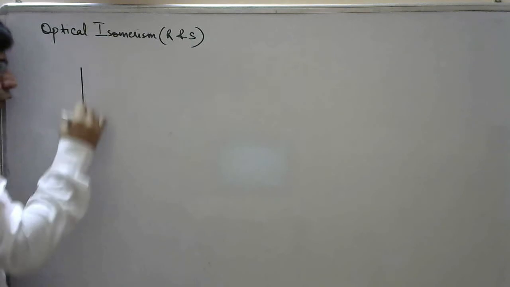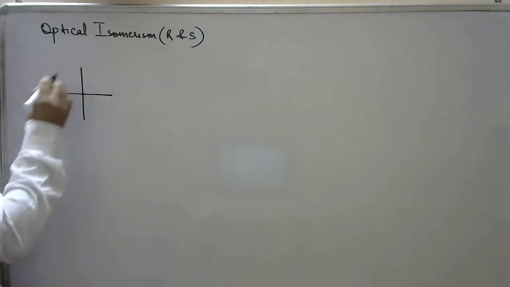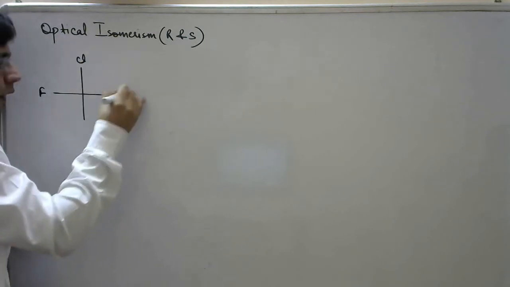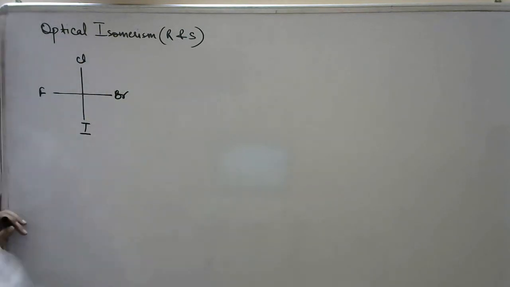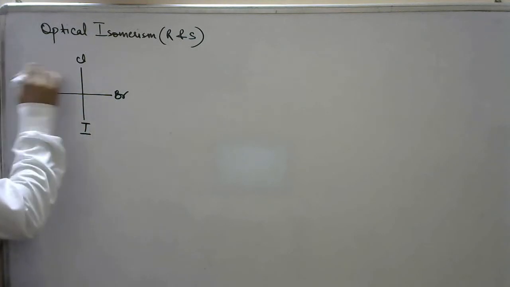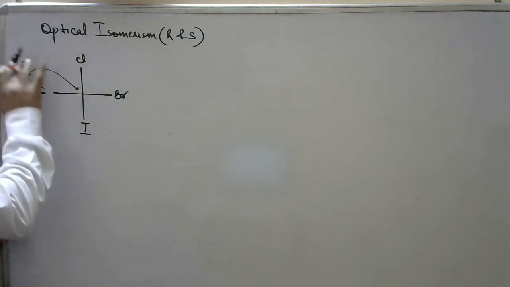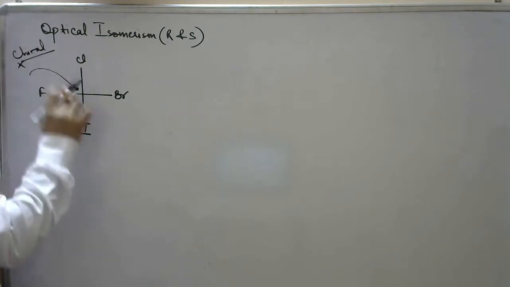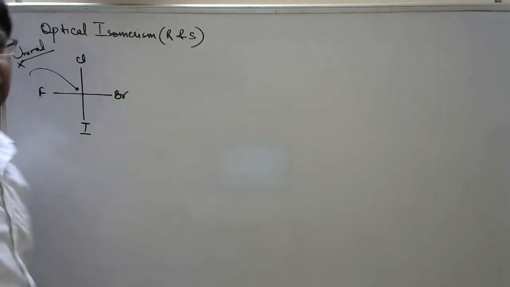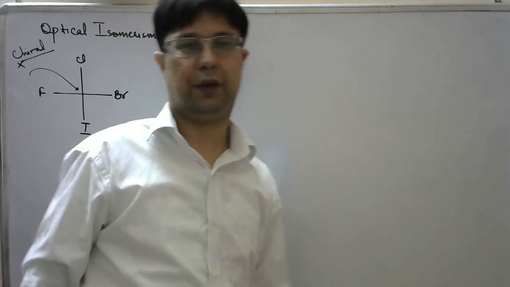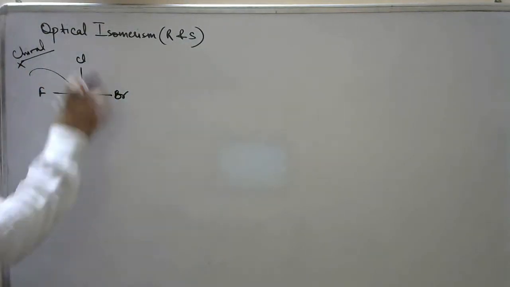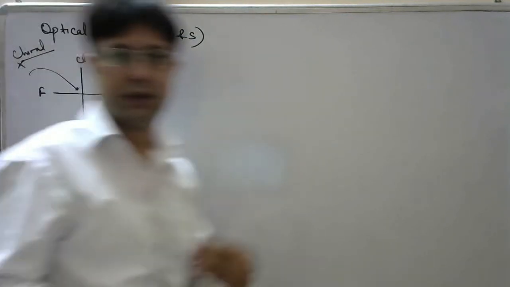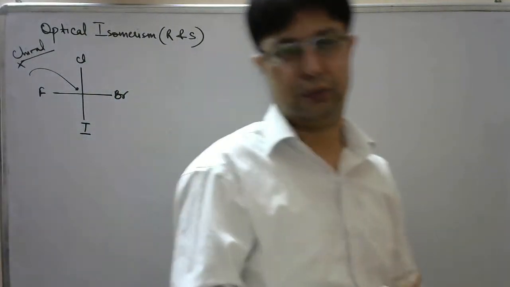In the Fischer projection, if I consider a compound, let's say FClBrI, you know that this carbon is a chiral carbon. ये carbon क्या होगा? Chiral carbon होगा. Why? Because all the four groups which are bonded to this particular carbon are all different. अगर हमें ये डिफाइन करना है कि ये R कॉन्फ़िगरेशन है या S कॉन्फ़िगरेशन है, so there are certain steps that we have to follow.